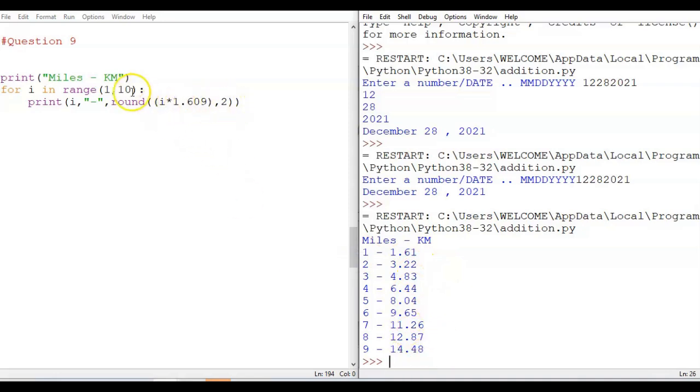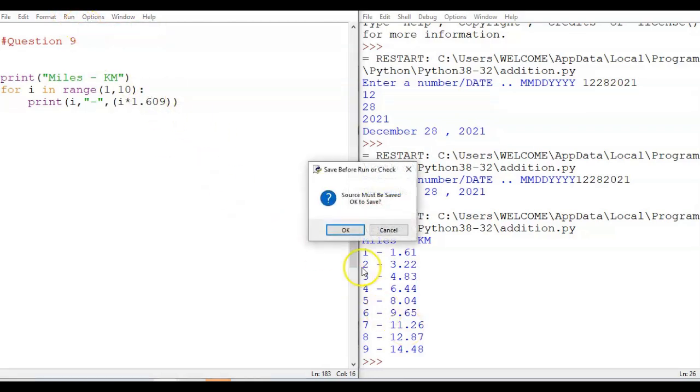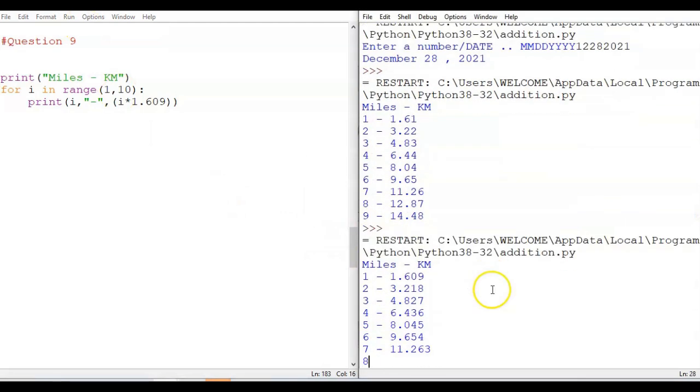Now the point is, why have I used this round function here. You know, the round function is like a mathematical round, and I am just considering 2 decimal places here. If you remove this, then you will be getting a long value. You can check the output here, and if you want to remove it, it's not compulsory for you to go for the round function, right? Please don't think that if ma'am has written it, it's compulsory. I'll show you the output with respect to round also and without round also.